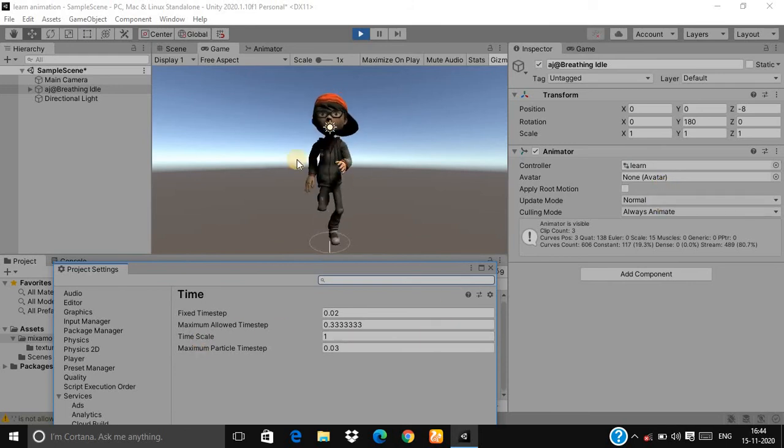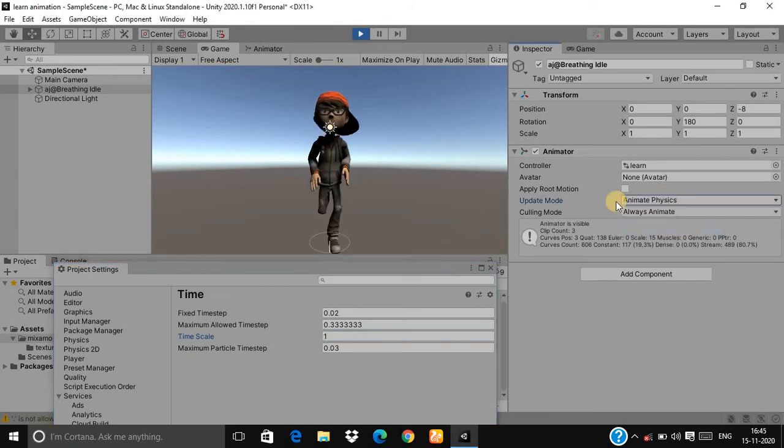If we change this value, minus 0.1, the animation becomes slow according to 0.1. If we set 0.5, then it's slow, or if at 2, the animation will be fast. Okay, so this will be controlled by time scale.